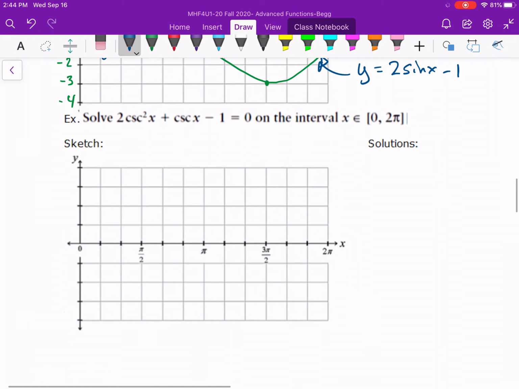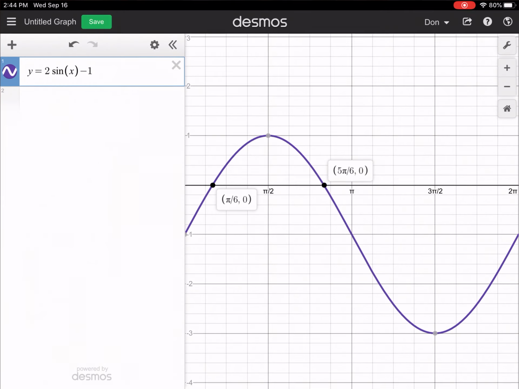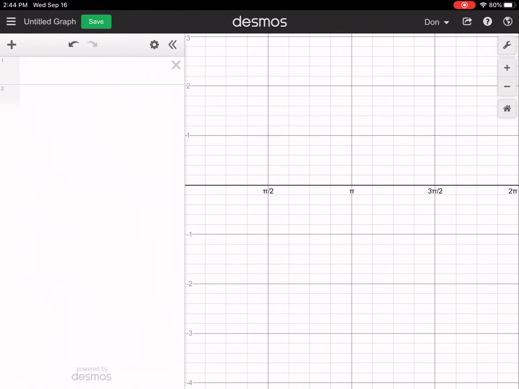Okay. Solve 2 cosecant squared x plus cosecant x minus 1 equals 0 on the interval 0 to 2 pi. So again, this is a pretty odd graph. You would have a really hard time, I think, solving this graphically without Desmos, but luckily we don't have to. So typing that in,